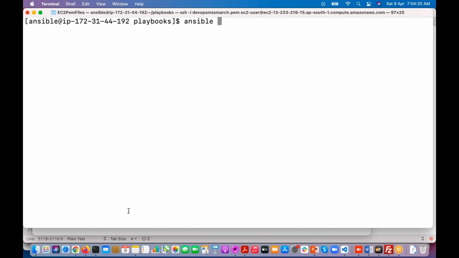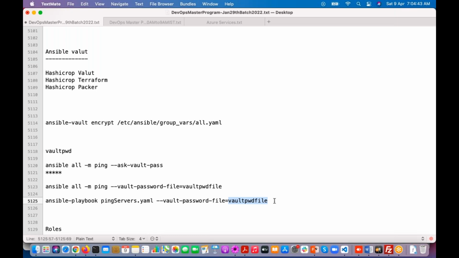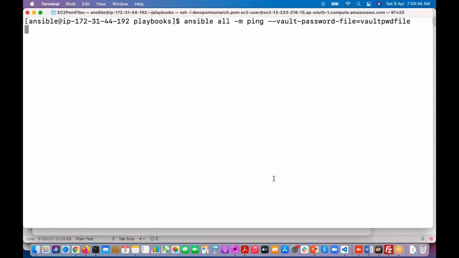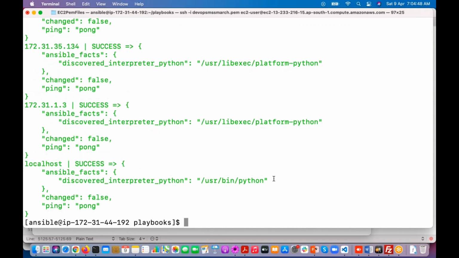ansible all -m ping --vault-password-file equal to the file name we have created, the vault password file. I'm passing it. Now it is going to ping all the servers. It is going to work. Now what I'm going to do is reset the password. Okay, ansible-vault